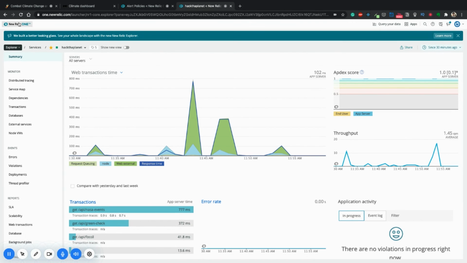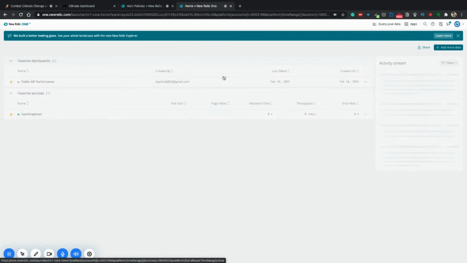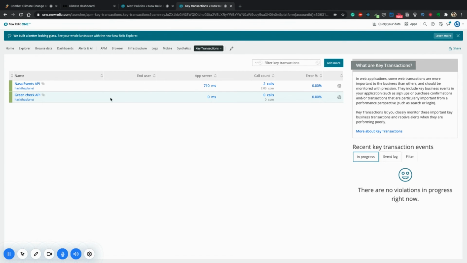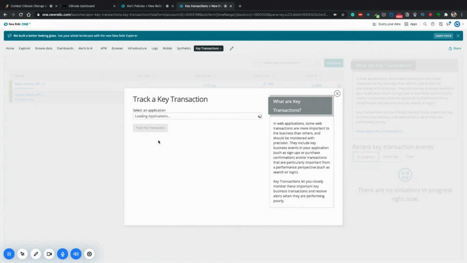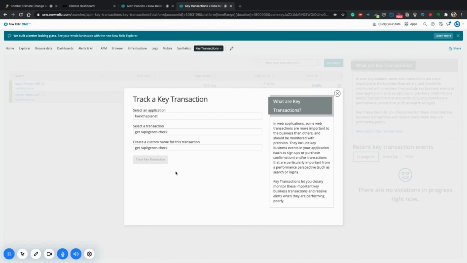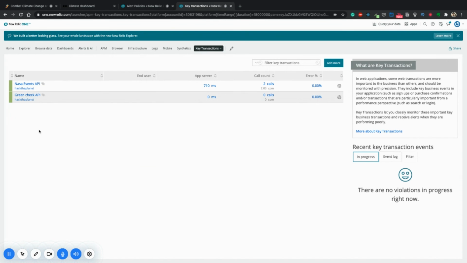So I converted them into key transactions. I went to key transactions, selected my application, the Hack the Planet application, and selected the Green Check API and the NASA Events API and converted them into key transactions.